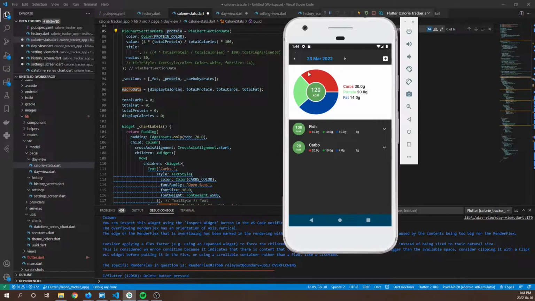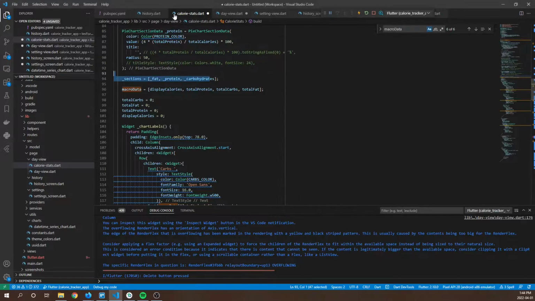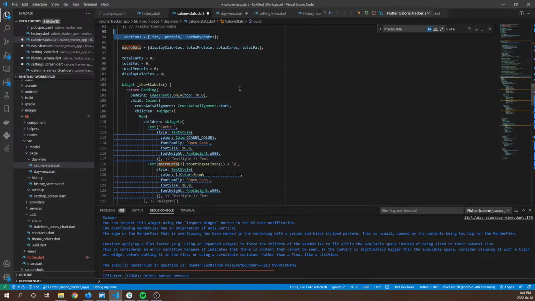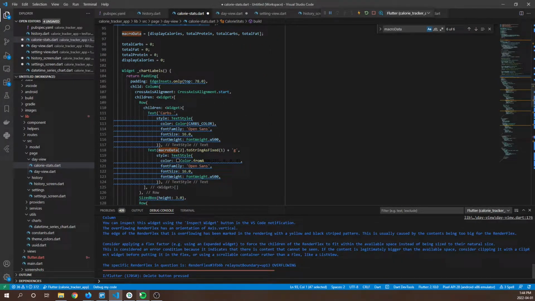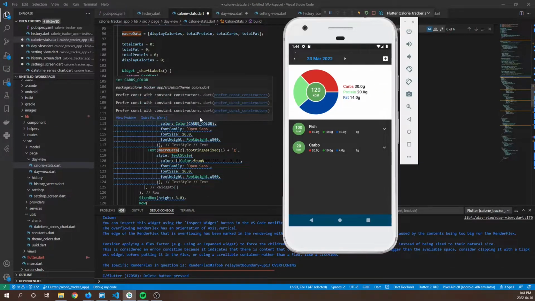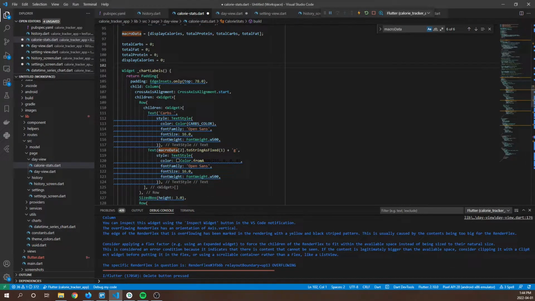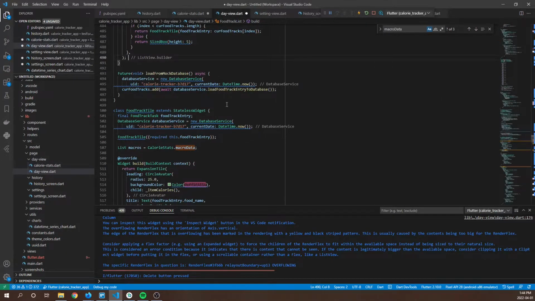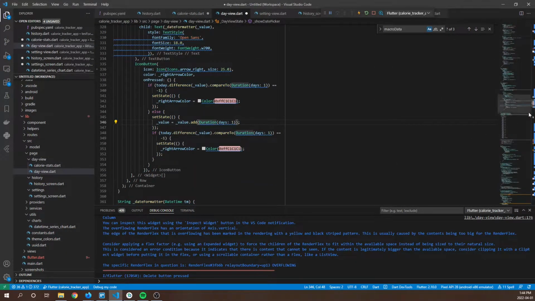So this whole widget right here is being rendered by the calorie stats Dart file, and yeah, so this is how that's done. Now we can add code to the dayview.dart file,